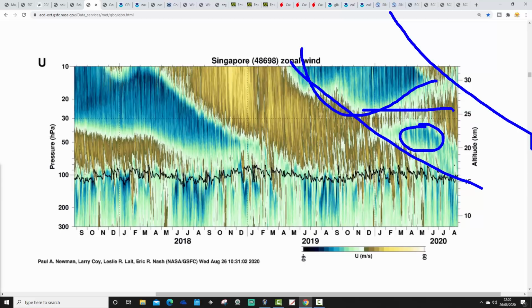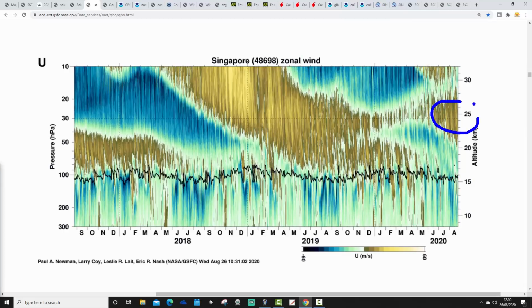It never truly got into the tropospheric level, and the westerly QBO has actually strengthened a little bit over the past few months. So are we going to see the westerly QBO taking off? This is the last phase of the proper phase of westerly QBO, of course. Will we see the westerly QBO taking off for winter 2020-21, or will we actually see the easterly QBO coming back up here?